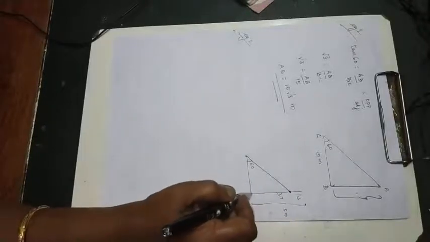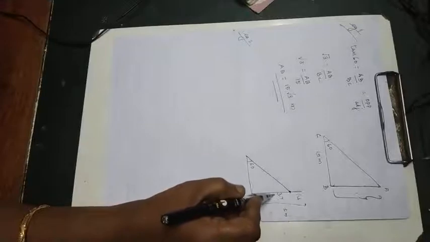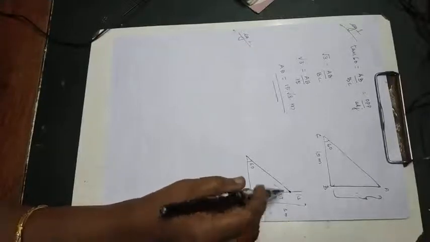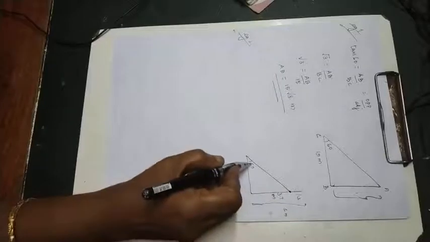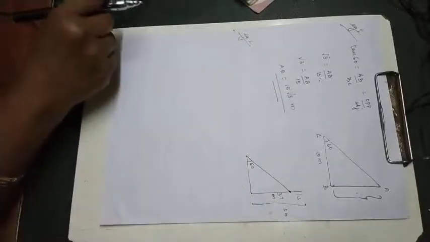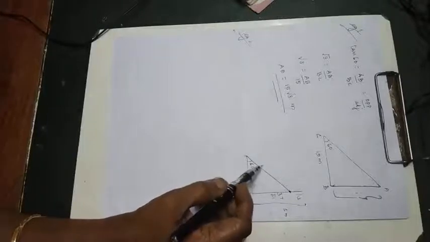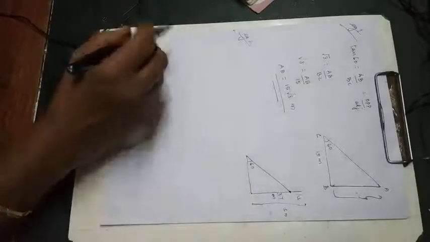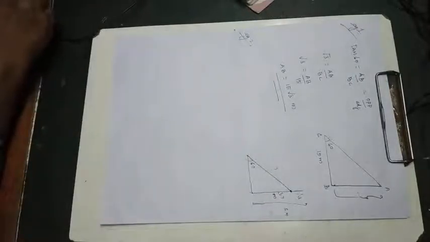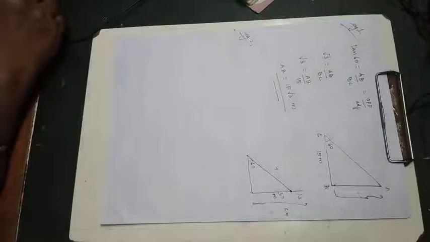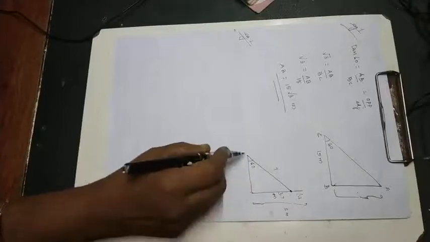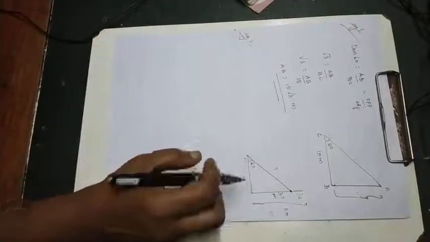This is 3.7 meter from the foot of the pole. Now this angle she made is 60 degree. Your first question is how much should be the length of the ladder. That is, this length you are asked to find out. The second question is how much, where she has to place that one. Okay, this one.